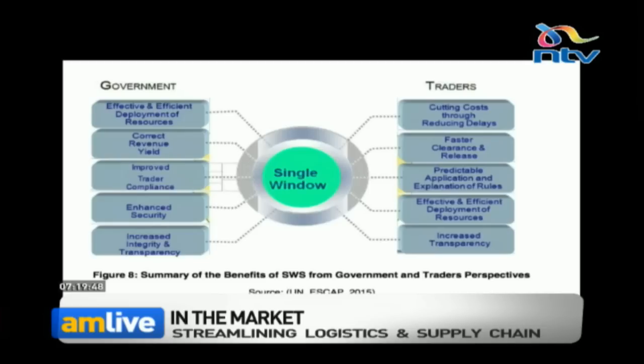What we also want is to be able to get information, because one of the things behind these delays that we're talking about is lack of information. If I don't know as a cargo owner that my cargo has arrived, or the agent doesn't submit documents to KRA, and I don't know that my clearing agent has not submitted documents, nobody tells me that. So at the end of the day, I end up paying a cost, either because of detention charges by shipping lines, or